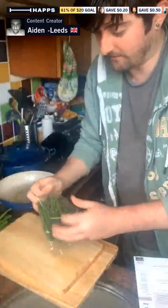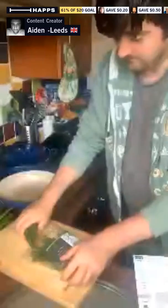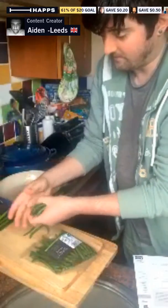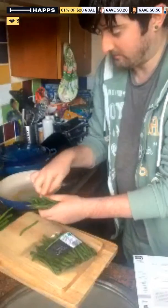So let's open this up. Grab our beans. Now these have not been chopped, so we're going to need to chop these up. So I've got quite a lot here. So I'm just going to